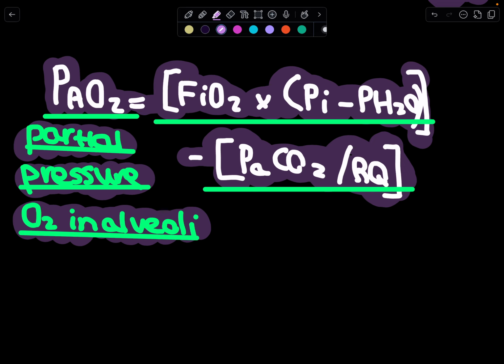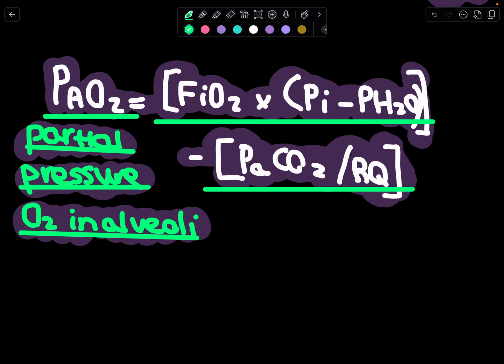In the alveolar gas equation, we calculate the inspired oxygen pressure, PiO2, by taking the fractional concentration of oxygen, FiO2, the percentage of oxygen in the air, like 0.21 for room air, and multiplying it by the total atmospheric pressure minus the water vapor pressure. Here's why. When you breathe in, the air gets humidified by water vapor in your airways. This water vapor takes up some space, adding its own pressure, typically about 47 millimeters of mercury at body